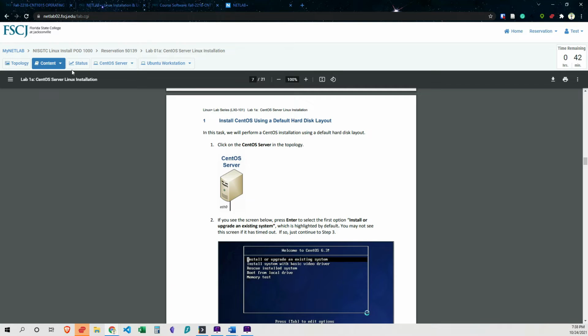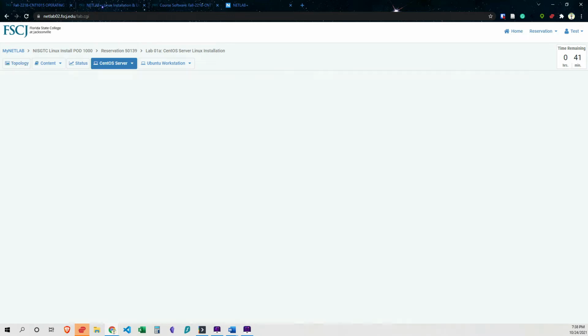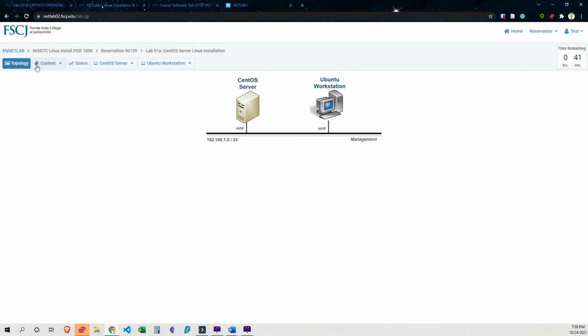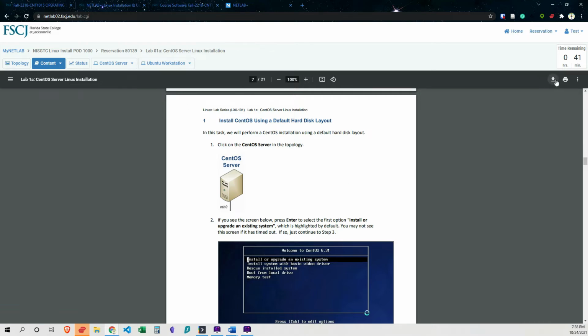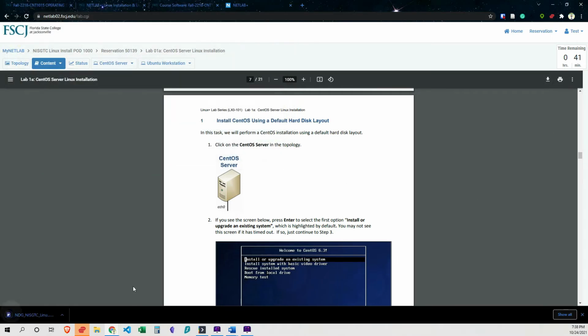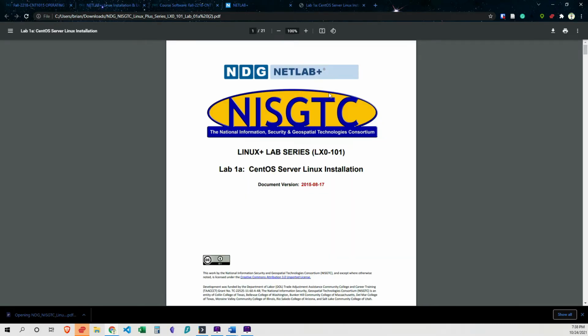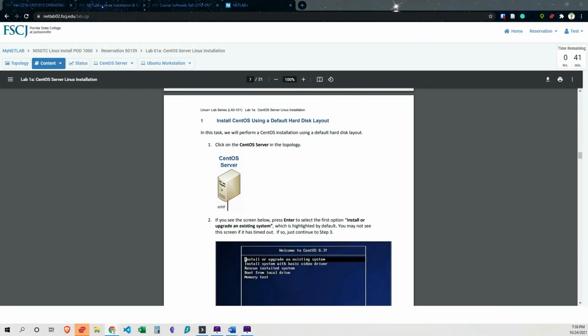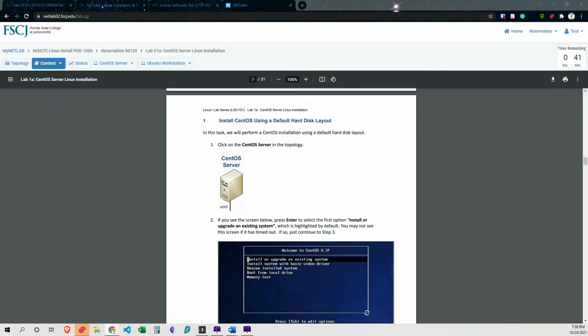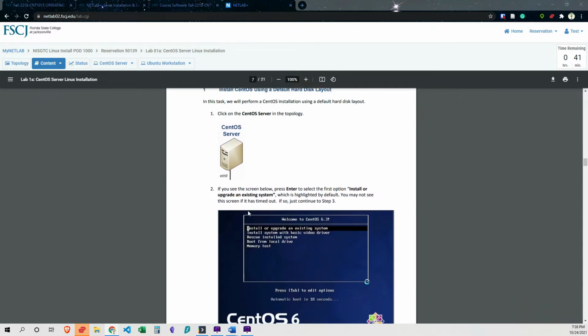So as it indicates here, we can go to the topology and double click, and we'll go ahead and do that. One of the things that I want to make note for you is you can download this lab. Let's go ahead and do that. And then what I recommend is if you have a second monitor, just go ahead and pull that out and put it on your second monitor. I will look at the document here, and then I'll bring it up here so you can see what I'm seeing from time to time. But I definitely recommend you have that available and look at it yourself while we're working through the lab. Alright, so go into the CentOS server